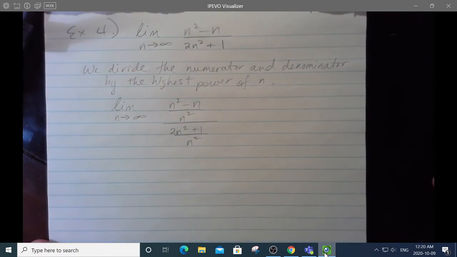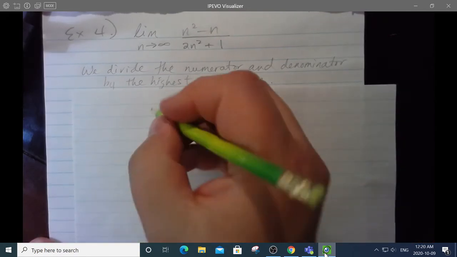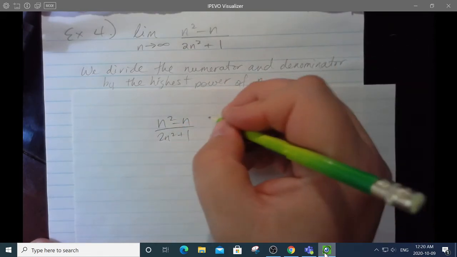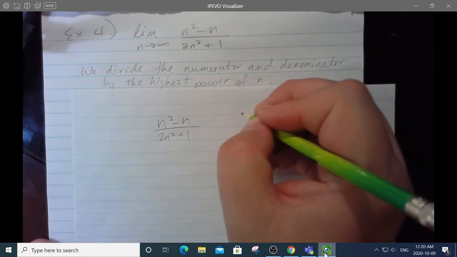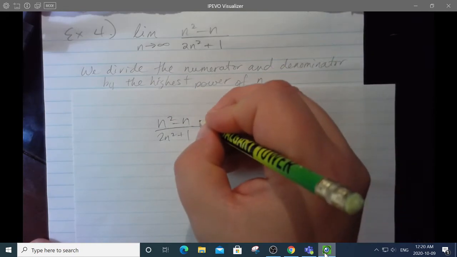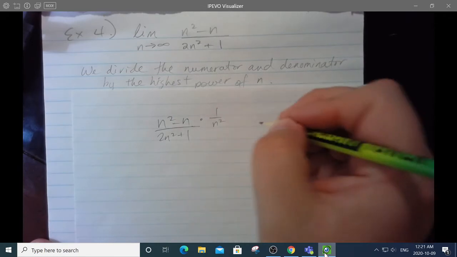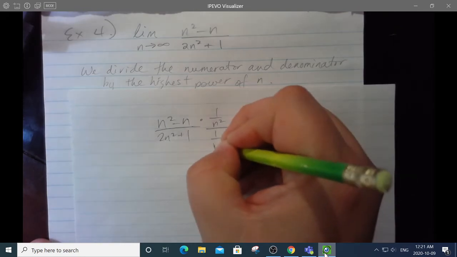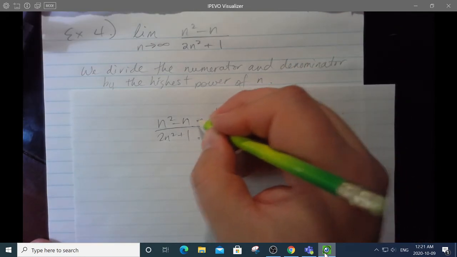Now, if that's making you feel kind of weird about stuff, let me point out that, remember, this thing started like this, right? It was n squared minus n over 2n squared plus 1. And really, when I say I divide this numerator by n squared, that's really the same as just timesing it by 1 over n squared. Remember, dividing is the same as timesing by a reciprocal. And then if I did the same thing to the bottom, hopefully you don't feel weird about it when you think about it this way, because really I'm just timesing by